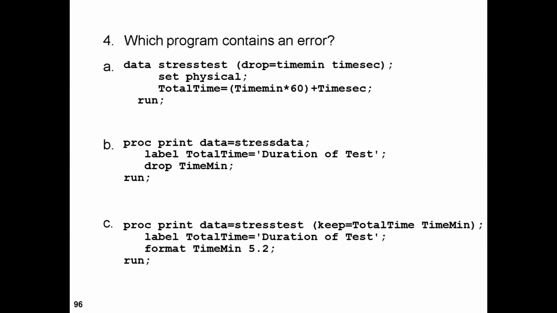When we give a value, it should be in double quotes, right? No, that's fine. When we give a format, the format should come first. No, in proc print, we should put label in the proc print statement, right? But that will not give you an error. It will simply not apply the label. Okay. It's not a syntax error. Pay attention carefully to the syntax of all the programs, how it's provided.